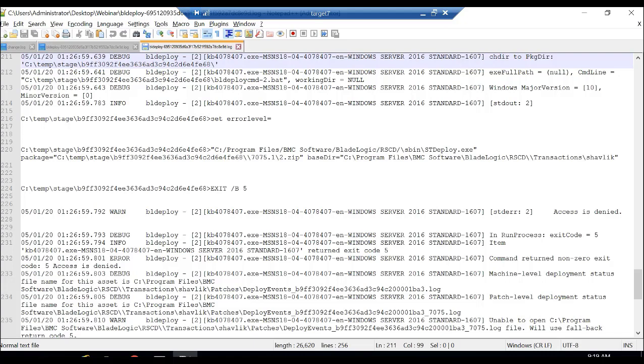There is a program stdeploy.exe that we use before we actually install a patch, to package the payload and check other things, and this stdeploy.exe is failing with exit code 5, and hence the job is failing. Now this is the command right here, and if you see here, this stdeploy.exe is running on this C temp stage.